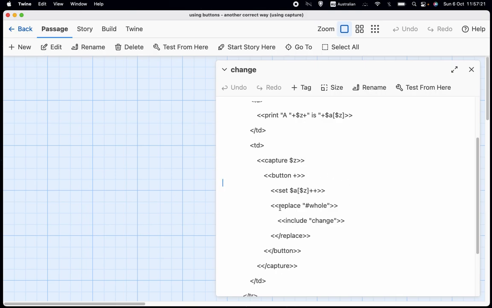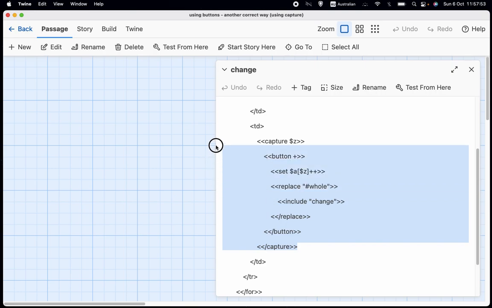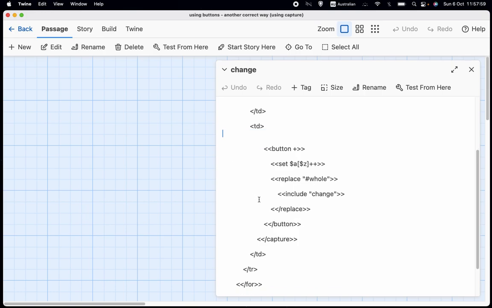It tells the computer that when I refer to $z or when I refer to any other variable, if I've said capture Z or capture that variable, I mean the value of the variable at the time that the code is executed, and not at the time that the button is pressed, which is of course going to be a different time and therefore going to have a different value of Z. And so as you can see, to me, that looks a lot better. I can see what's happening a lot more easily than if this capture wasn't here and this slash capture wasn't here, but we had a bunch of